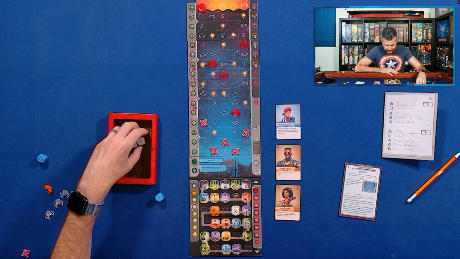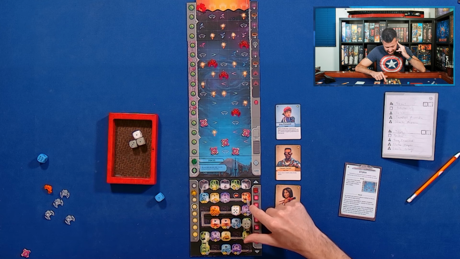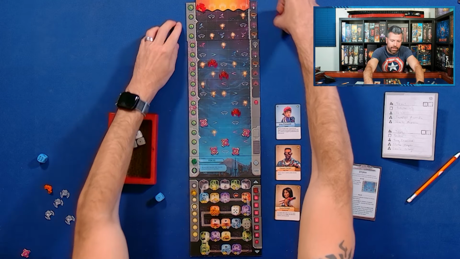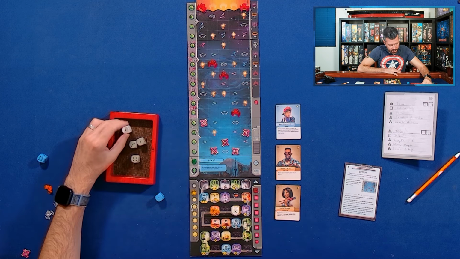Oh, and I wanted to attack this turn though. That would have to be this column. Am I not attacking this turn? Oof. Okay, fine. Let me back that up. I'm going to back that up and rethink this. I think maybe I just want to use this white die for another reroll. I don't like any of these